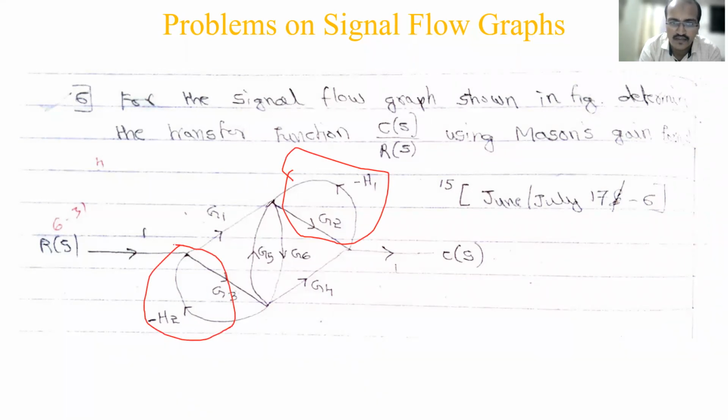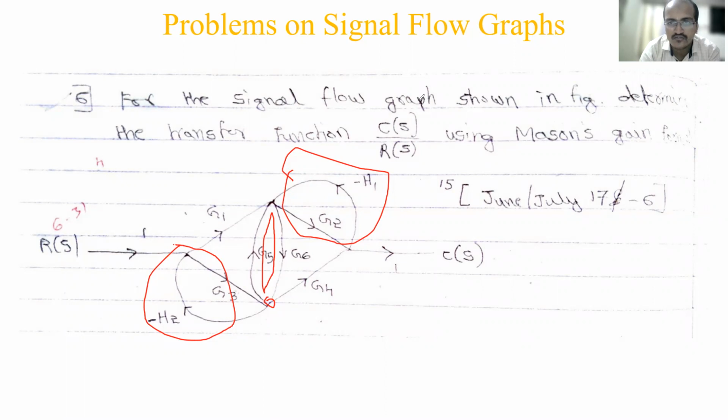The third loop is here; anywhere you can consider, it may be this point. That is G5, G6. This G5 goes to this node and again comes back. This is also a loop, going to some node and coming back to the same node. It may not involve H1, H2; I told you very early on. You have to have the starting node the same as the end node, traversing a path. It is called a loop. So this is the third loop.